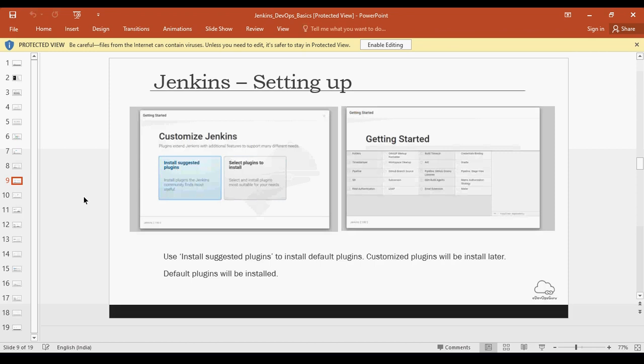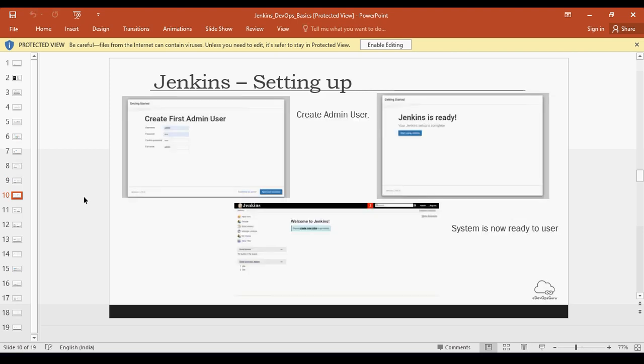And these plugins also take up some space. So it's better to install the plugins which you know you would be using, or on a need basis you can just keep installing the plugins which you need. Once you choose that option, and if you've chosen some plugins, once they are installed, you will get this page where you can set up your accounts.